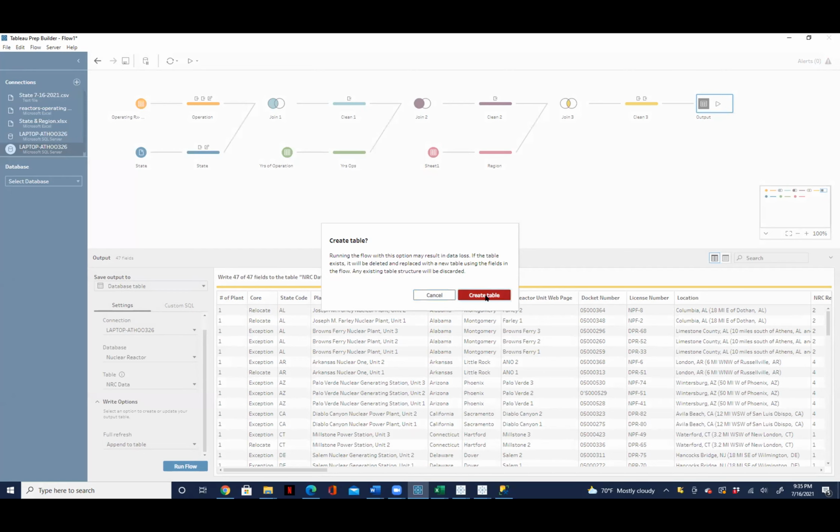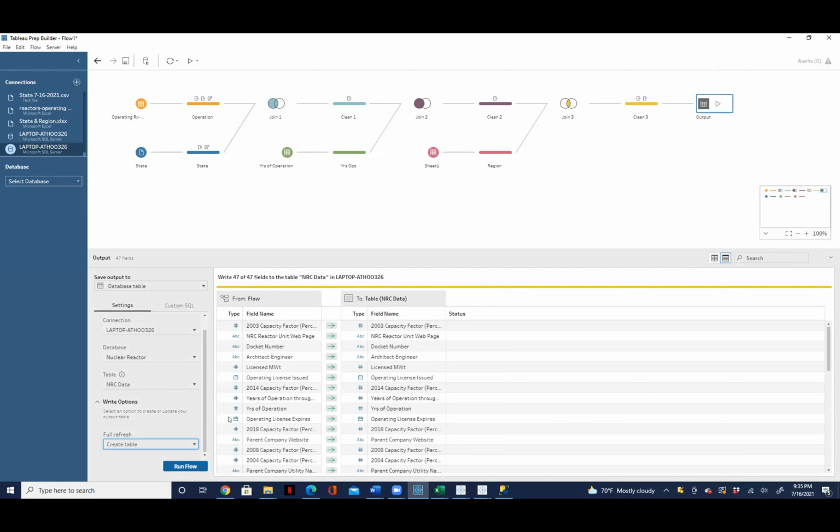Now let's say append. Let's assume that later on you came back and you transformed some new data. You have some new data maybe for the current month or for the new month, and you want to add that data to this one already in the database. You will now go to append. So it will add that data to this